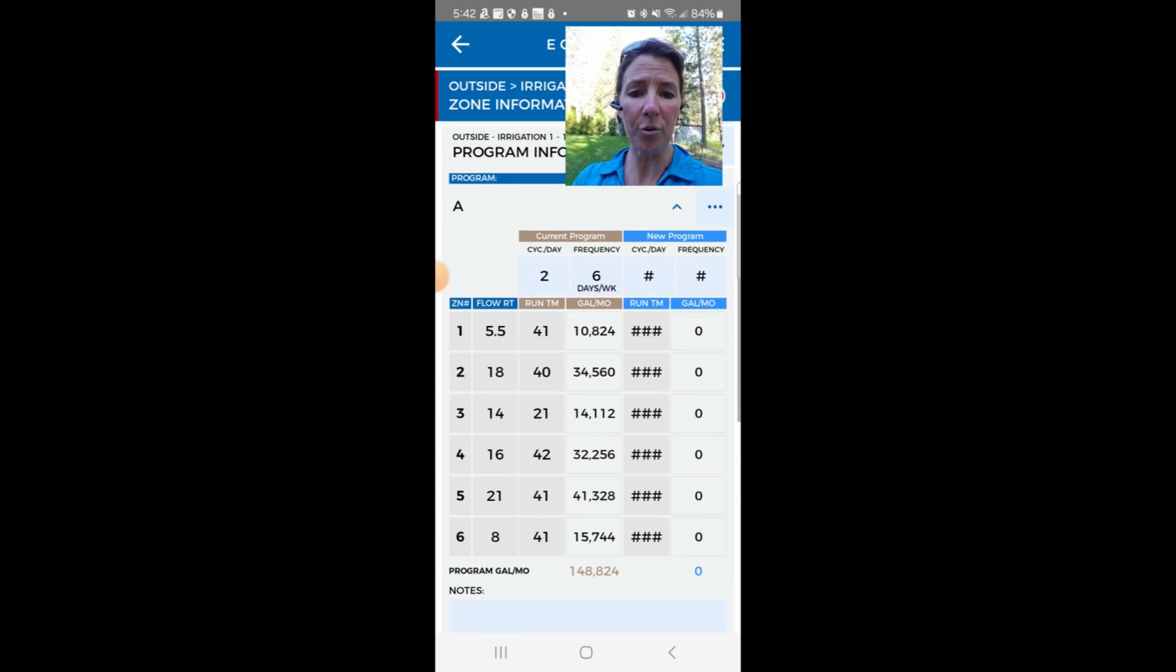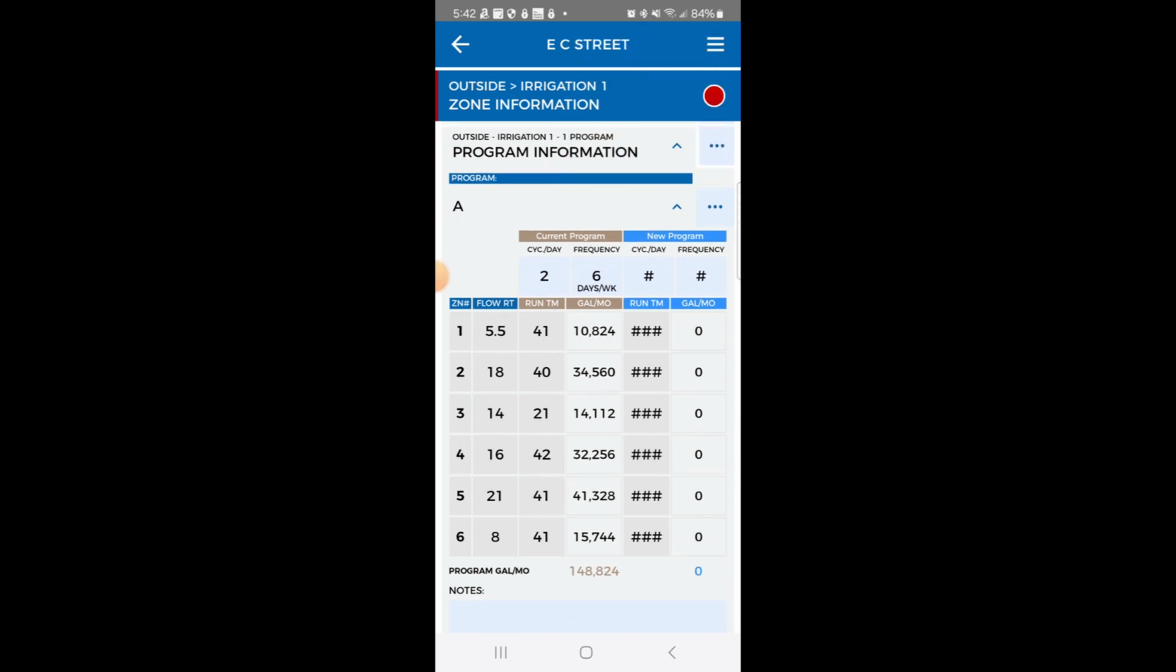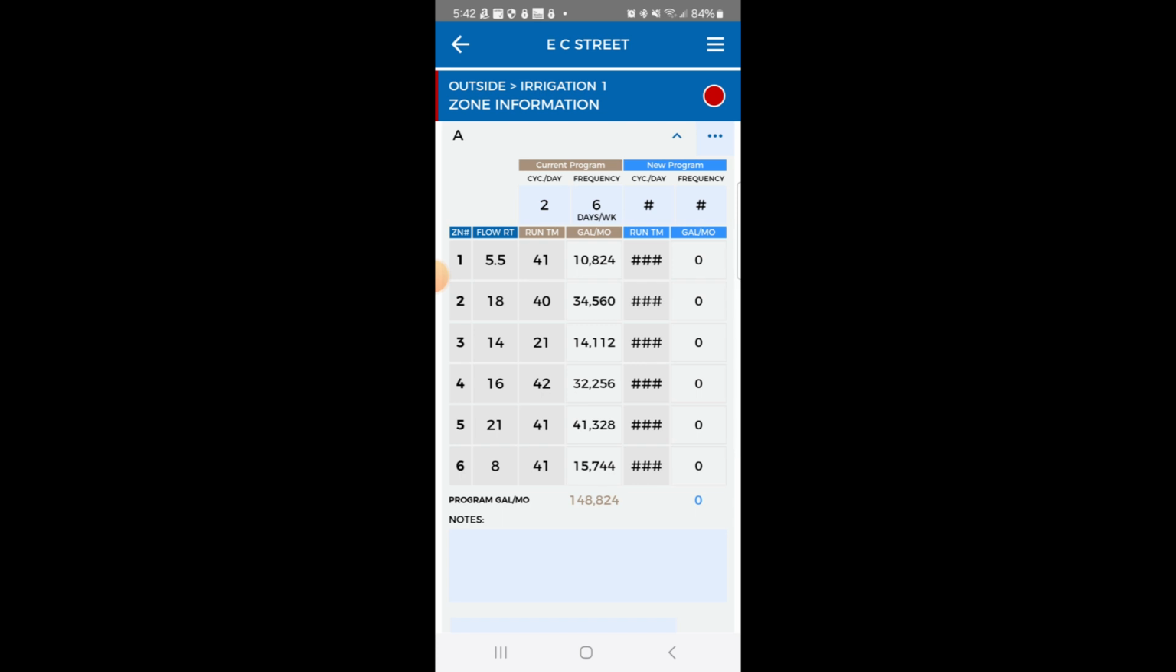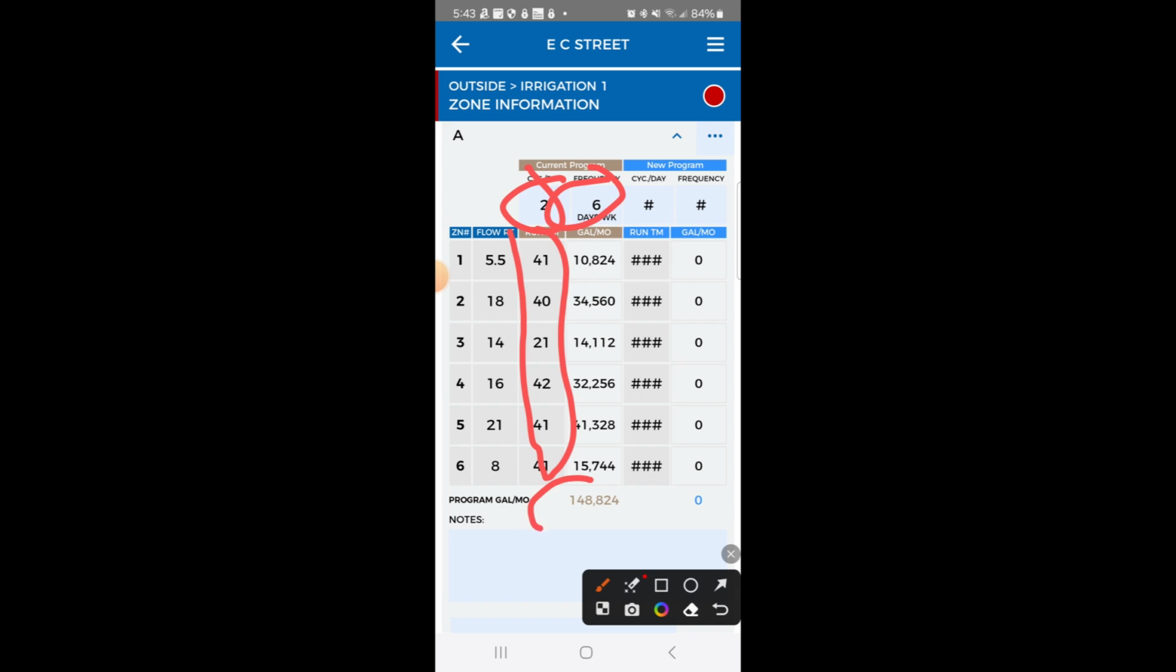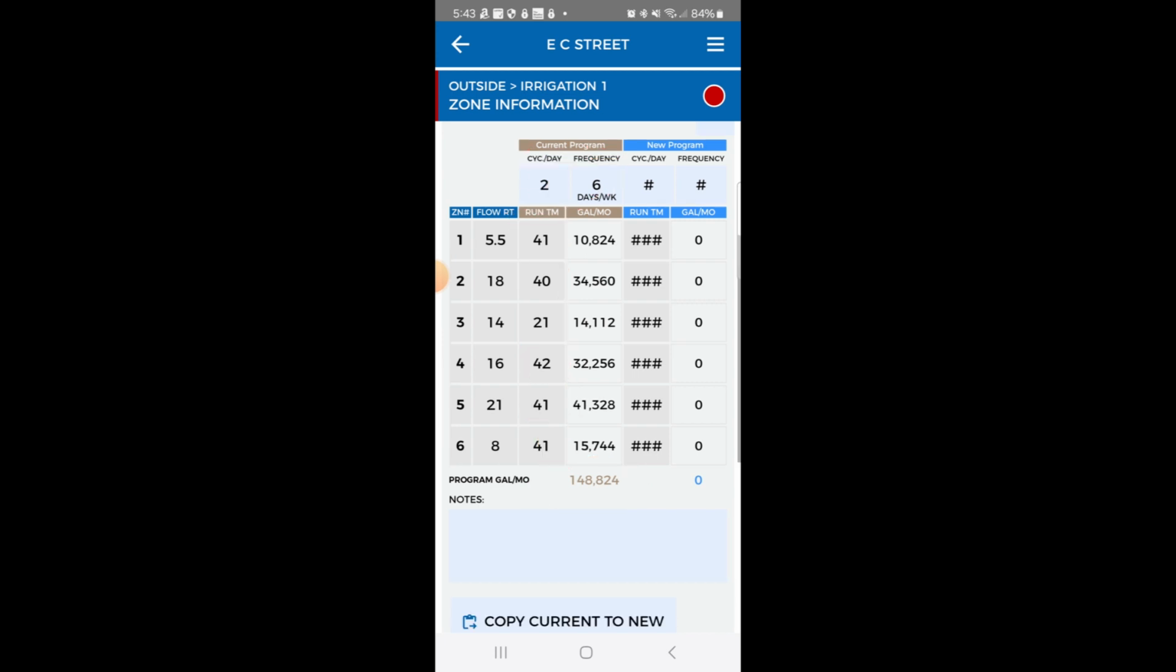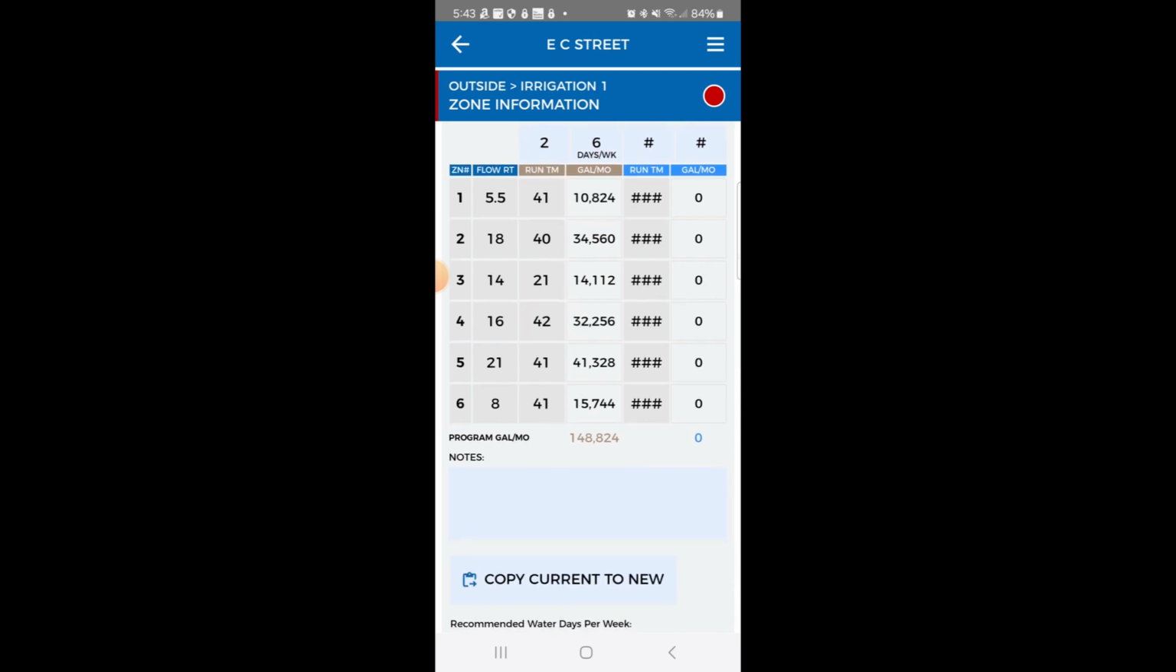Okay, so what we can see is we have our program information. We know, based on their current program, watering 2 times a day, 6 days a week, with these run times and flow rates, their total is 148,824 gallons a month. Okay, so we want to get them much closer, at least for May, to about 45,000 gallons and set it up to where peak season they're pretty close or maybe just a little bit over what they need. So first thing I'm going to do is I'm going to go to the bottom of the program,